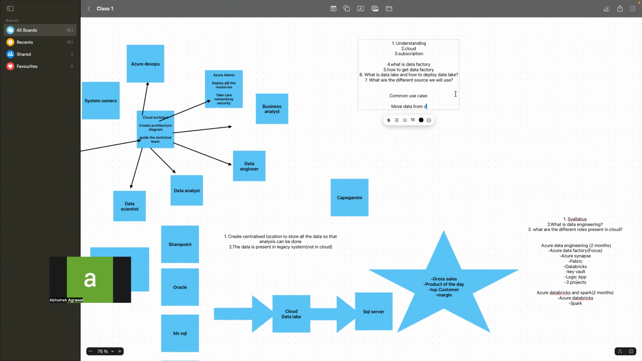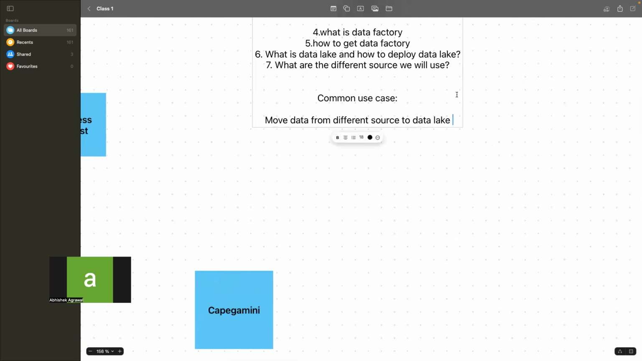Move data from different sources to a data lake, or Azure cloud, so that we have